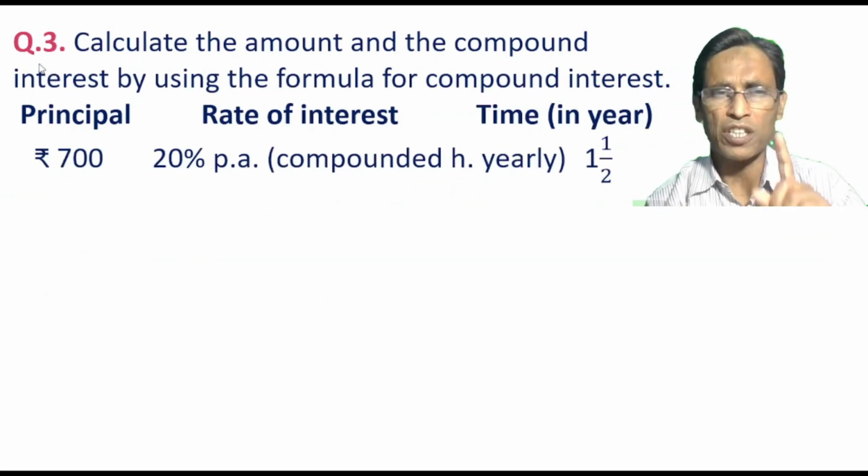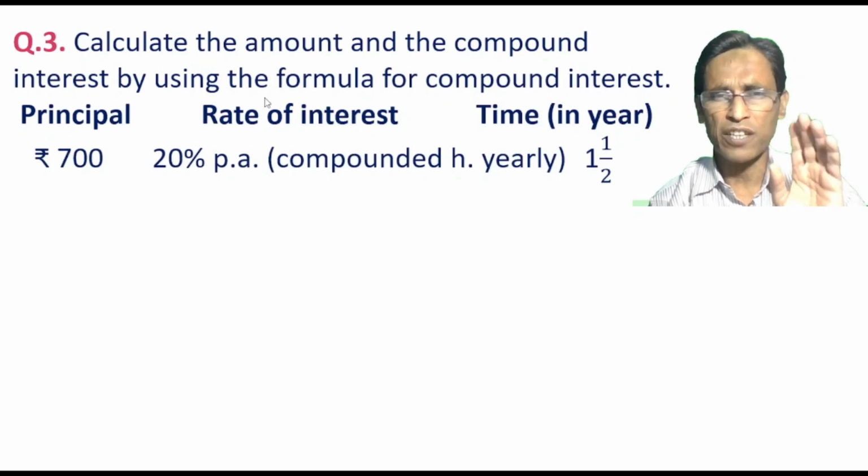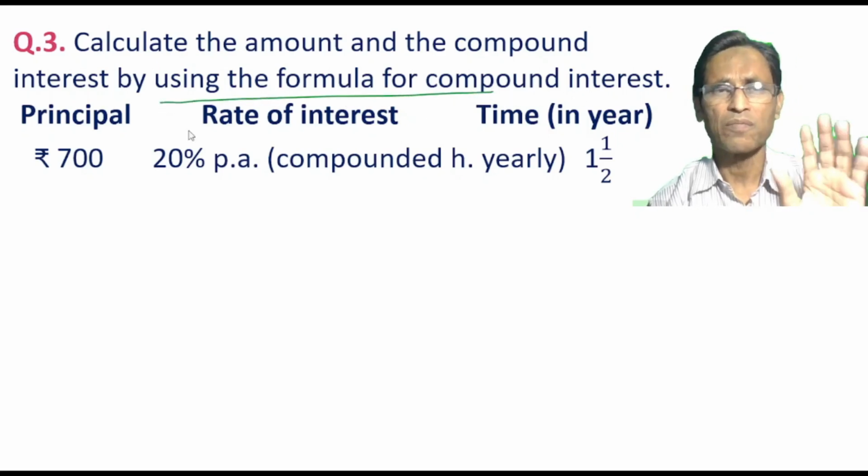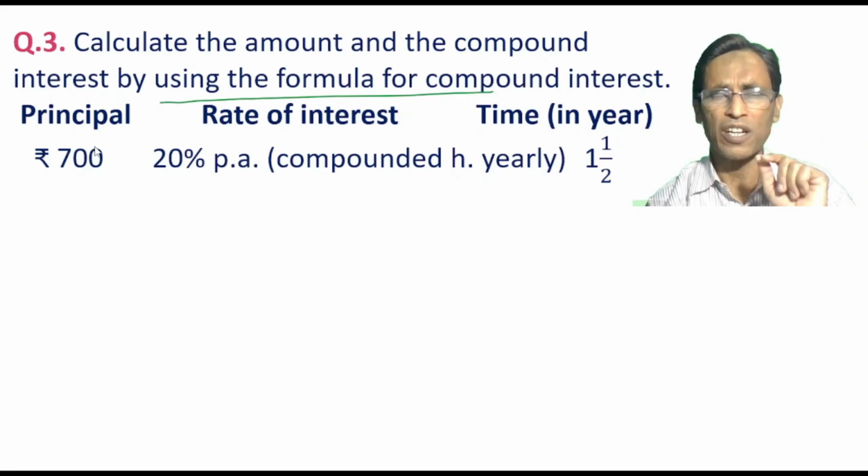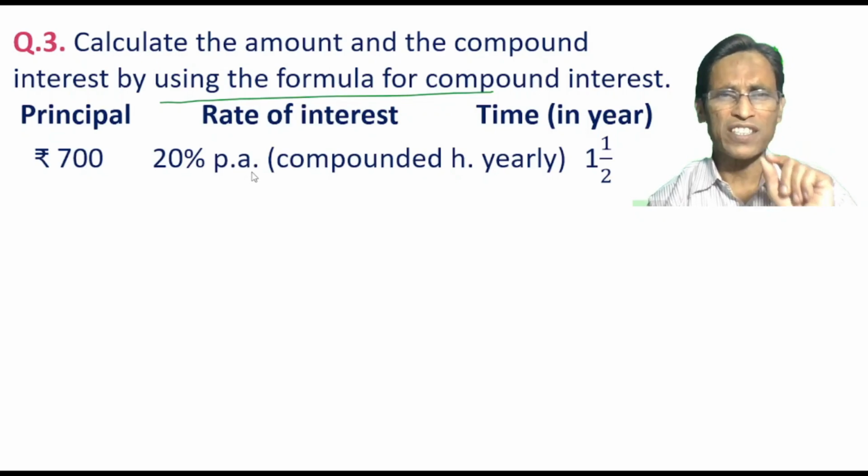Now we come to question number 3. Calculate the amount and the compound interest by using the formula for compound interest. यहाँ भी formula for compound interest को ही यूज करना है. The information available in the question है प्रिंसिपल रुपीज 700 का, रेट ऑफ इंटरेस्ट 20% पर एनम का, बट जब भी इंटरेस्ट को चार्ज किया जाएगा उसके लिए कंडीशन है कंपाउंडेड हाफ ईयरली और टाइम पीरियड मींस नंबर ऑफ ईयर